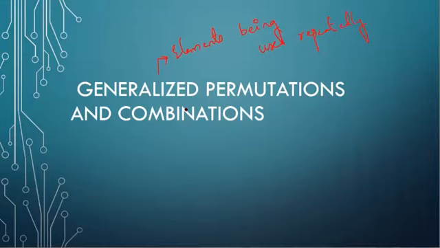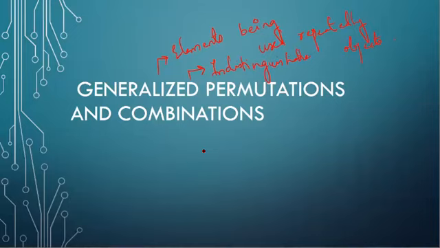Then, for another instance, a letter or digit may be used more than once on a license plate. Also, some counting problems may involve indistinguishable objects. That is, each of the elements in your set won't be different, they will be the same. So, indistinguishable objects. Till now, whatever problems we were taking were for distinguishable objects.